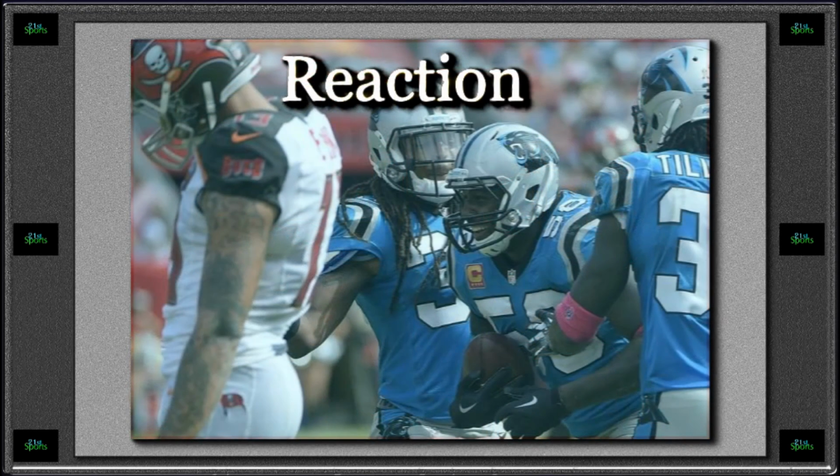But with less than a minute left, Jameis Winston threw his second touchdown as he added a garbage time touchdown. This one to Vincent Jackson, a 6-yard touchdown. Brinza missed the extra point, and so the final score would be Carolina 37, Tampa Bay 23, as the Panthers